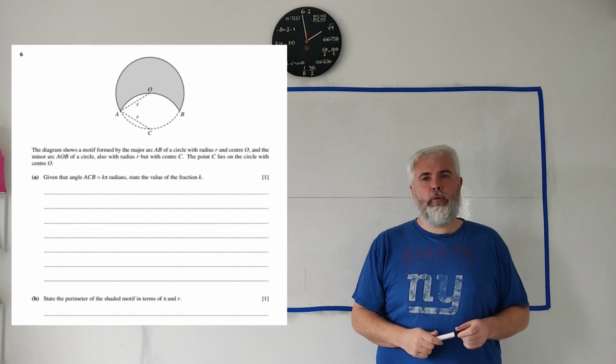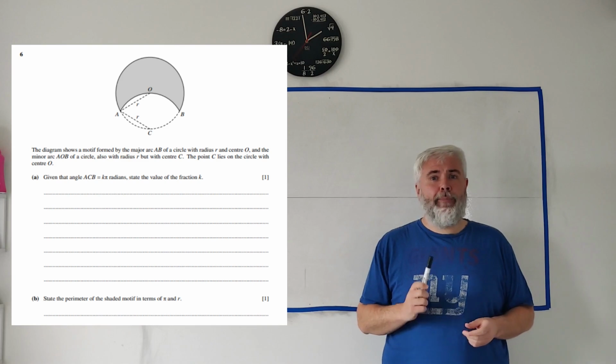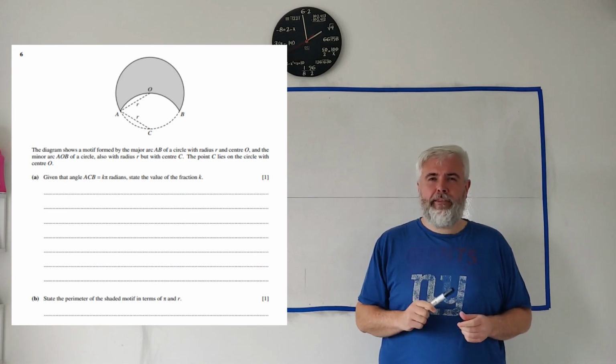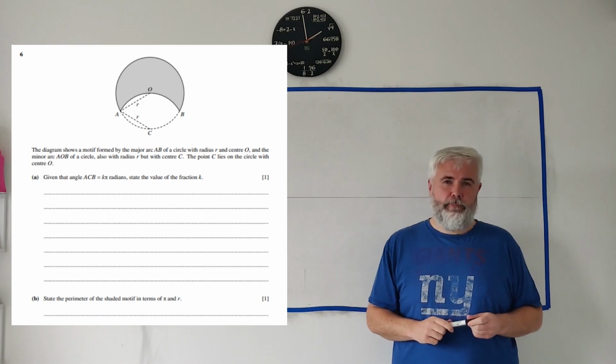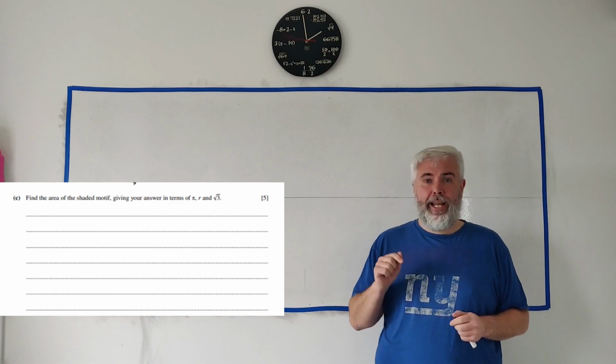In this video, I'll be working through the question you can see on the screen from the Cambridge A-Level Maths Paper 1. Specifically, it's Paper 1-1 from the winter exams in 2023. If you're looking for a different question from this paper, there should be a link to a playlist with all